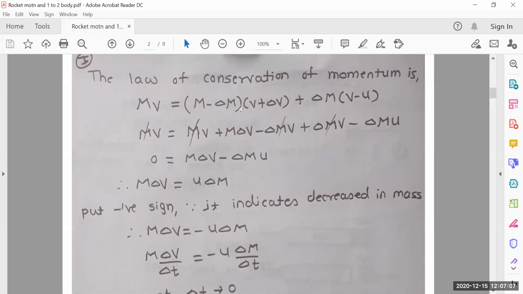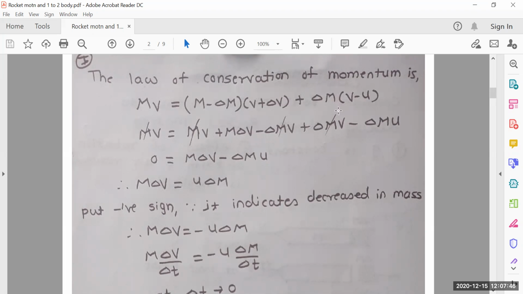Now m minus delta m is the mass. इतना मास फ्यूल बर्न हो गया तो टोटल मास में कितना रिड्यूस हो गया व्हीकल के? So इसलिए m minus delta m into v plus delta v. व्हीकल का वेलोसिटी कितना है? v plus delta v after delta t. So mass कितना रिड्यूस होगा? Delta m. And velocity कितनी इंक्रीज हो गई? Delta v. Okay, इतना मास बर्न होने के बाद इतनी वेलोसिटी इंक्रीज हो गई, इसलिए mass into velocity. This is for vehicle. Plus now